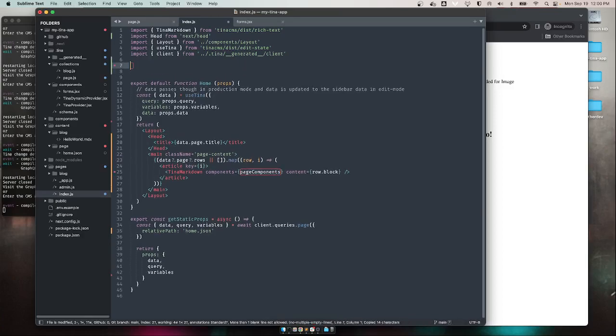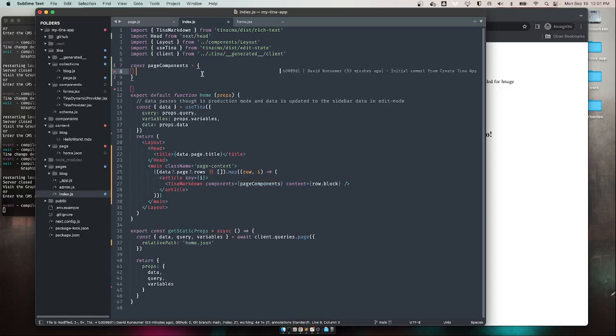And so the components object is just an object with a shape, and the keys are the names of the tags that you want to replace. Now you can replace any of the built-in ones, like the P tag is how it does all text. The H tags, like H1, H2, H3, etc., you can just put them right in here. But what I'm going to do is I'm going to say image equals